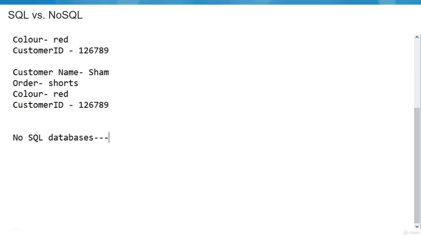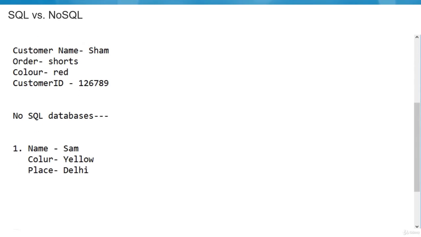When we talk about NoSQL databases, the scenario is somewhat different. Let's say the first set of information came in wherein name came in as Sam, then color came in as yellow, then place came in as Delhi. Now, from the second set, the name came in as Ram.